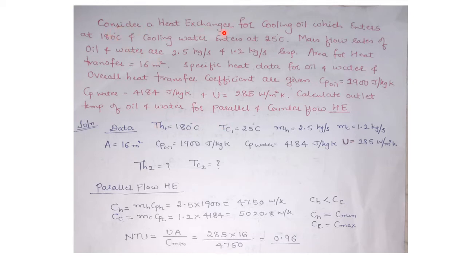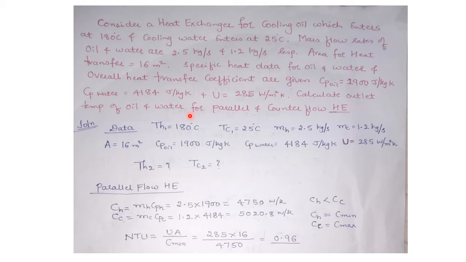Consider a heat exchanger for cooling oil which enters at 180 degrees centigrade, and cooling water enters at 25 degrees centigrade. Mass flow rates of oil and water are 2.5 kg per second and 1.2 kg per second respectively. Area for heat transfer is 16 meters square. Specific heat data for oil and water and overall heat transfer coefficient are given. So calculate the outlet temperature of oil and water both for parallel flow heat exchanger and the counter flow heat